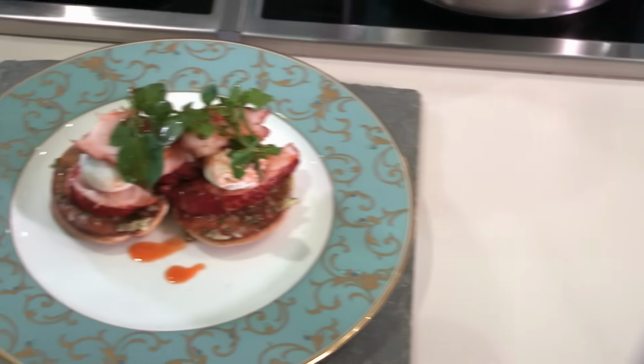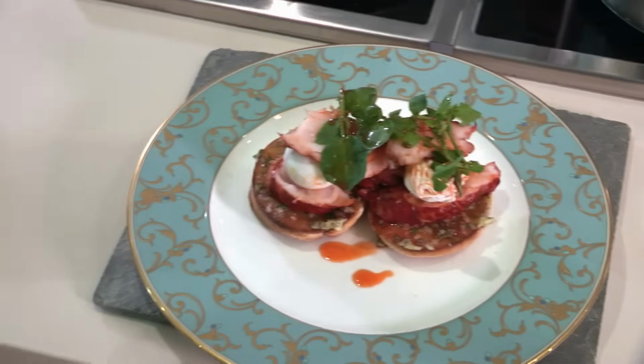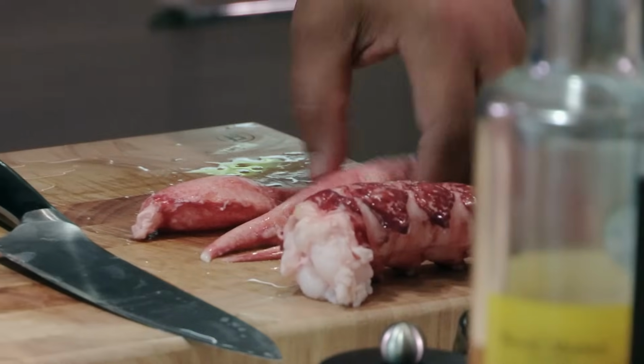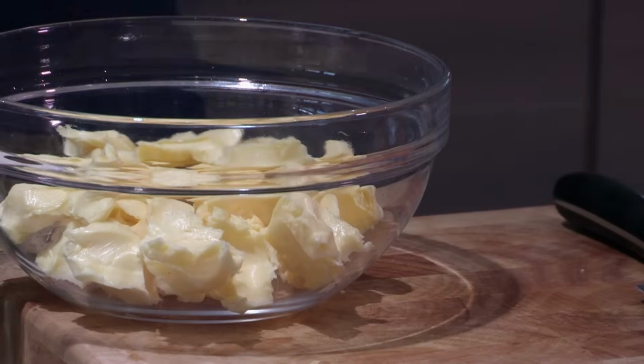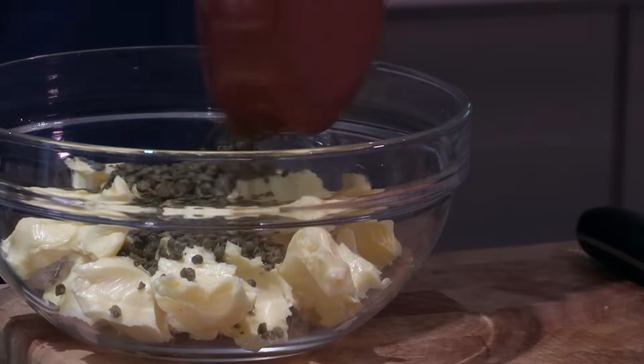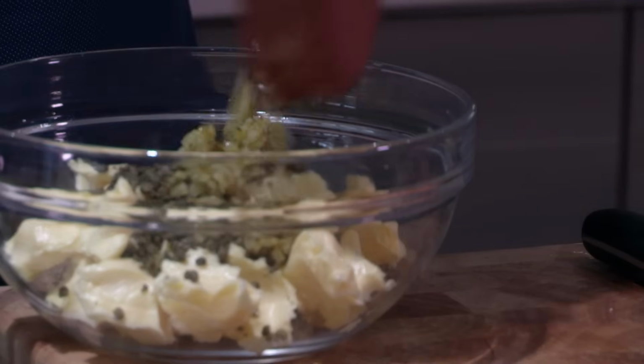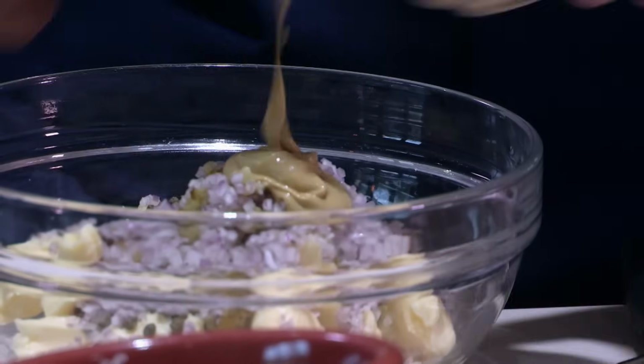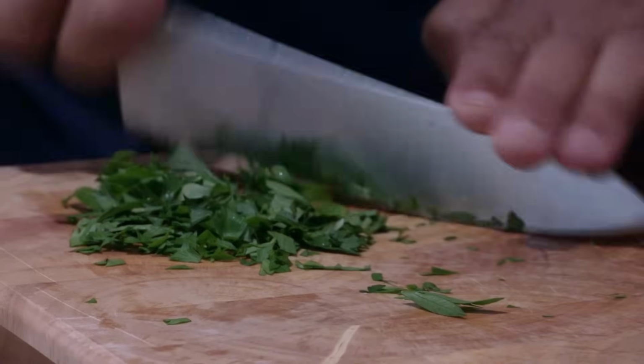Today we're going to cook Cornish lobster on top of a toasted English muffin, caper butter, delicious poached egg and some beautiful dressed watercress. Right, let's get cracking. Now our lobster is out the shell. I've got a pan on warming. Meanwhile, I'm just quickly going to make this delicious butter. And in it we're going to add some capers, some gherkin, some shallot, a spoonful of mustard. We're just going to take some parsley,